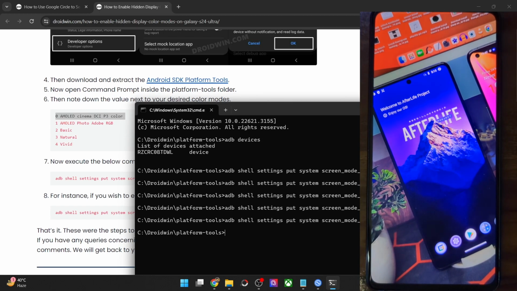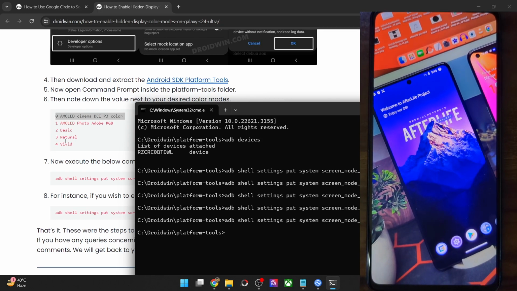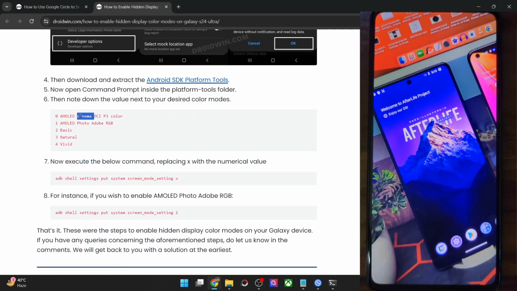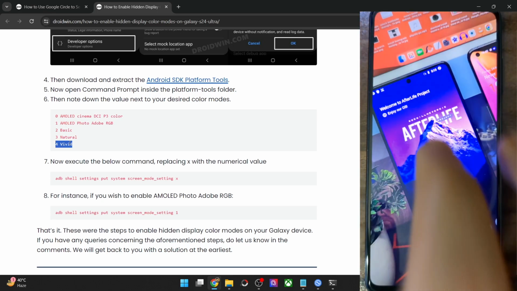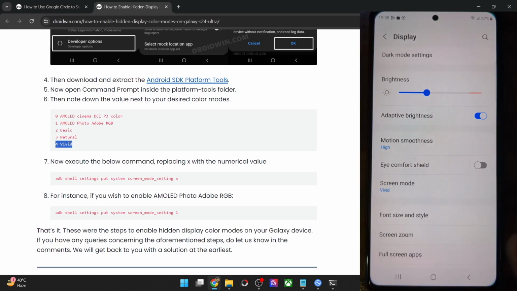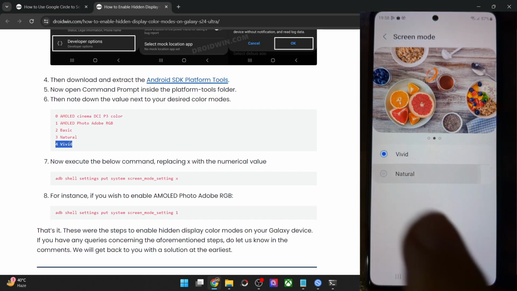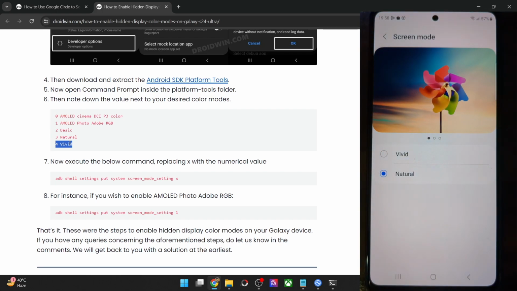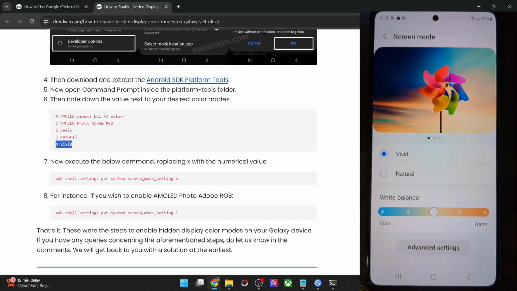So in my case, I was not able to see much difference in the basic and the natural, and there were a few differences in the 1st, 2nd and 4th. The first one is the Adobe Cinema mode, then we have the Adobe RGB mode, and the last one is the vivid mode. In the vivid, the color contrast is quite visible there, as you could see from here as well, in these photos as well. And this is in natural, the colors get trimmed down in natural, whereas in vivid they come with full brightness.